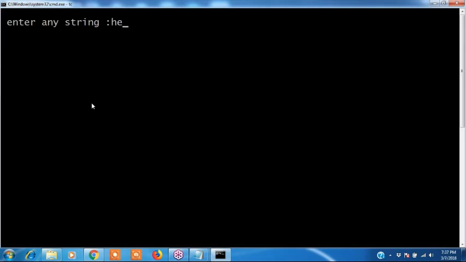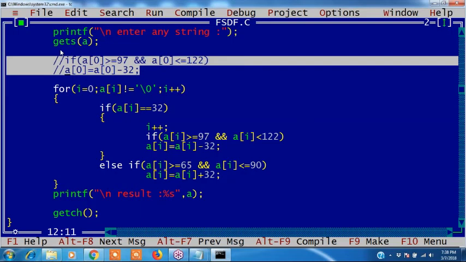See, if I enter hello space world, see, Ruhina, what is happening? This is converted, but this is not converted. If you give space, then in the if condition we wrote a of I is equal to 32.